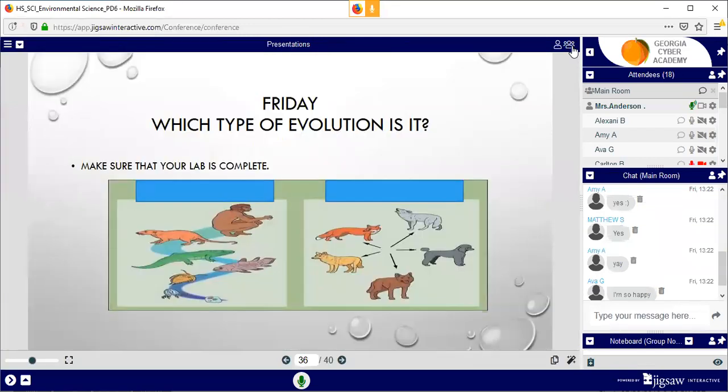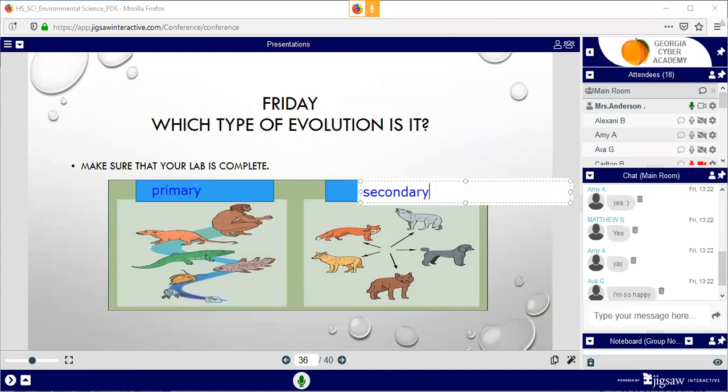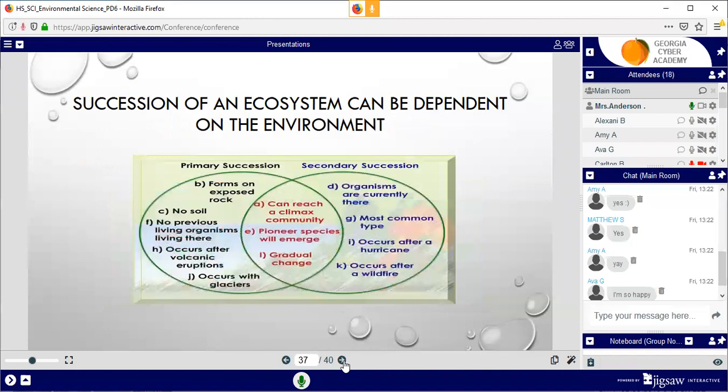So we're going to look at two kinds of evolution today: primary evolution and secondary evolution. Two types of evolution. Okay, and it depends on the environment.